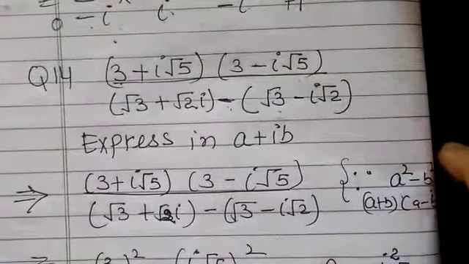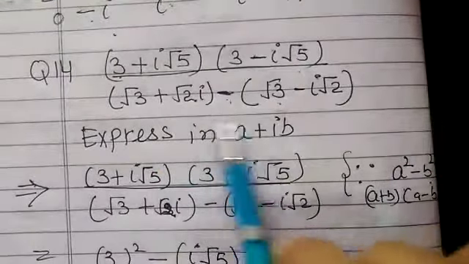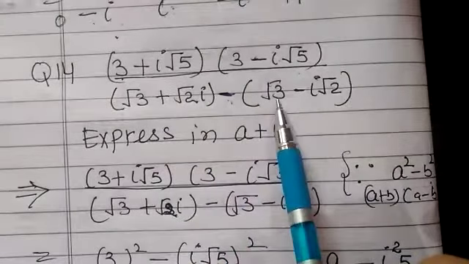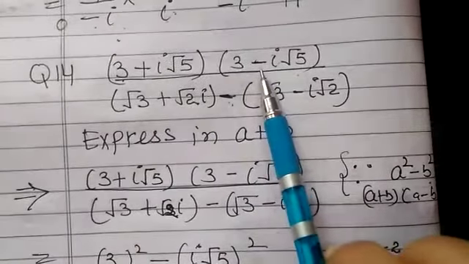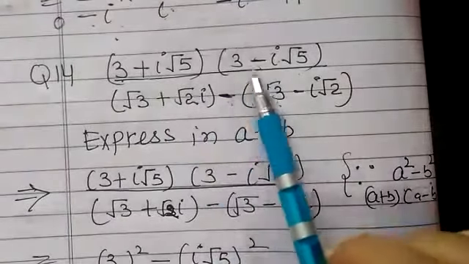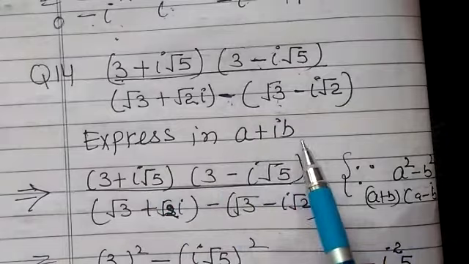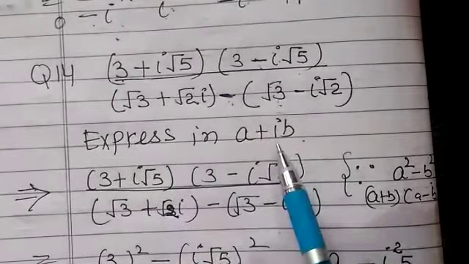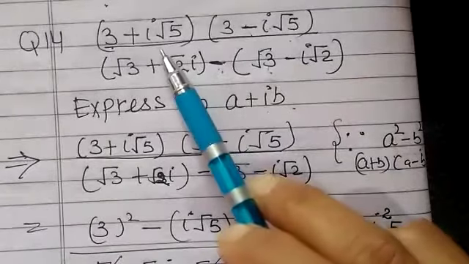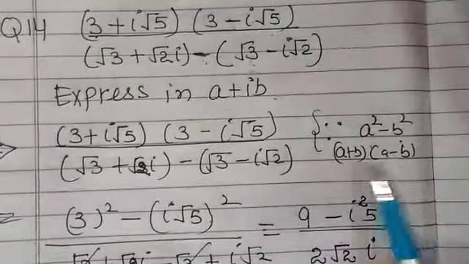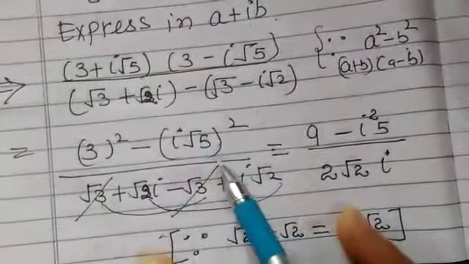Last question. In the last question I have these 4 brackets and I have to simplify. In the numerator, both the brackets are multiplying with each other, but in the denominator they are subtracting. So in the numerator I have to apply the formula again, the previous one, a plus b, a minus b, that is equal to a square minus b square, expressed in the form a plus iota b. This thing we have to do in the last, but first we will simplify. So in the numerator, I will choose the formula again, a plus b, a minus b, that is equal to a square minus b square. So I'm choosing this formula and getting the result a square minus b square.